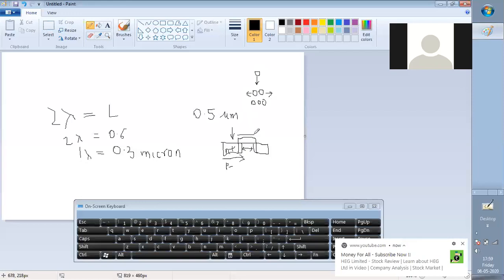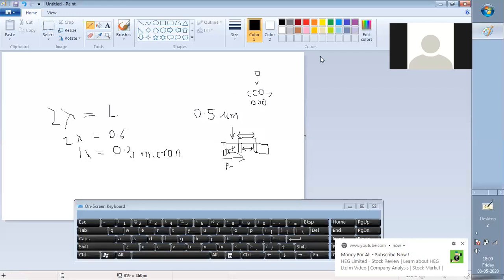We always draw the gate length, not the channel length, in the schematic and layout. We draw the mask length, called the gate mask length. Here the actual channel length is this, but the gate mask length is higher due to lateral diffusion, right? And that is the reason why we choose 0.6 micrometer as compared to 0.3 micrometer.